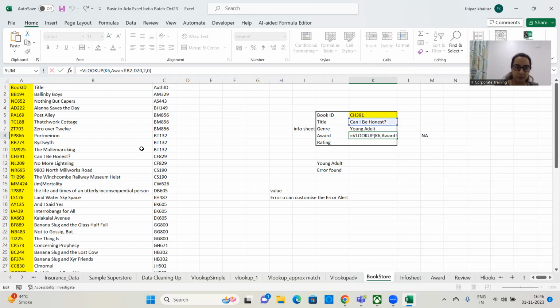After equal to, you will start writing if error. Open the bracket. Now, can you see value is highlighted? For the purpose of value, we have the VLOOKUP formula, comma, and for value if error, we'll do